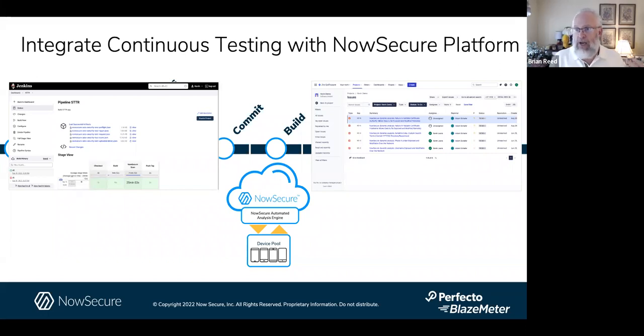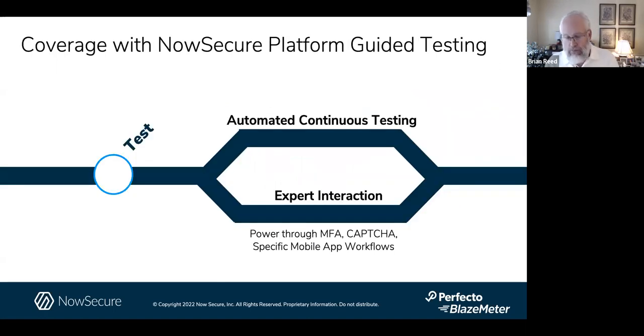One of our most common pairs for our customers is Jenkins and Jira, but you might be using Azure DevOps and Azure Boards. You might be using GitHub or GitLab, right? They're all the same, in terms of they're the tools the development and DevOps team uses to drive the pipeline. And so you need to graft into that. So in this world now, NowSecure runs like a testing service for continuous testing in the background.